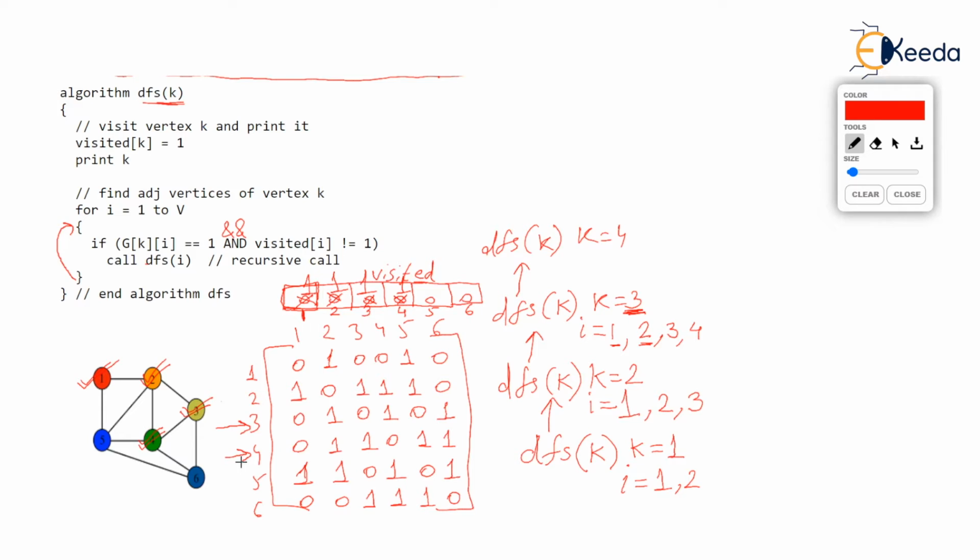So starting a fresh loop in this function, we will make I equal to 1 and check the if. We are checking fourth row first column. You can see fourth row first column in the matrix is 0. That means 4 is not adjacent to 1. Genuinely, there is no edge from 4 to 1. So no question of visiting or jumping to 1. So next, we will repeat the for loop in DFS(K) where K is 4 and we will make I as 2. We'll ask, is 4 and 2 adjacent?